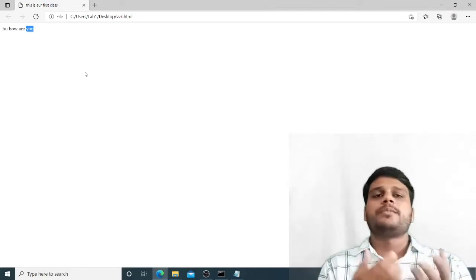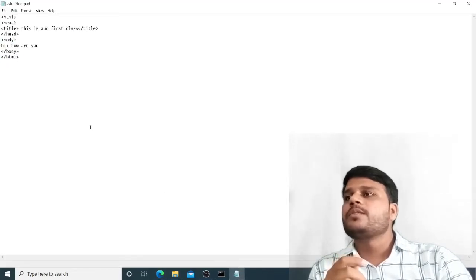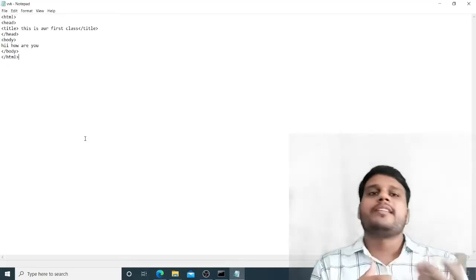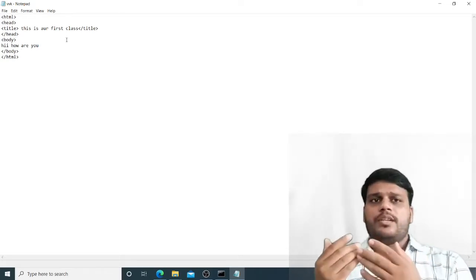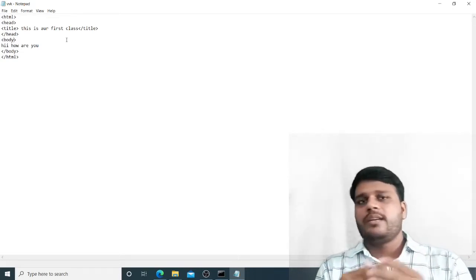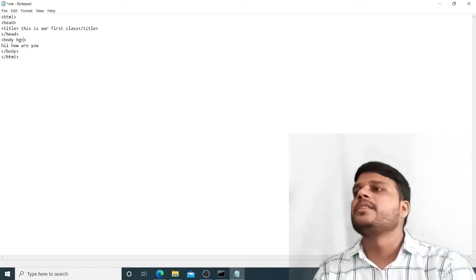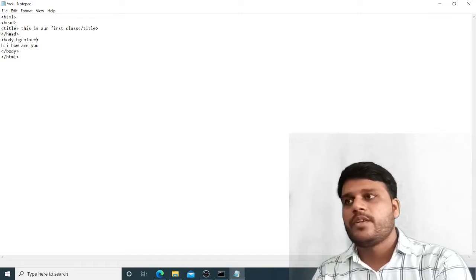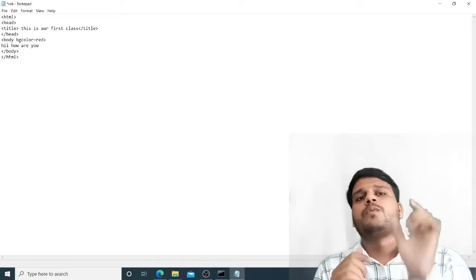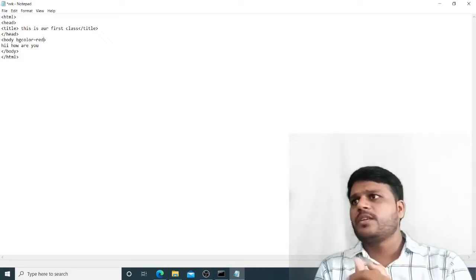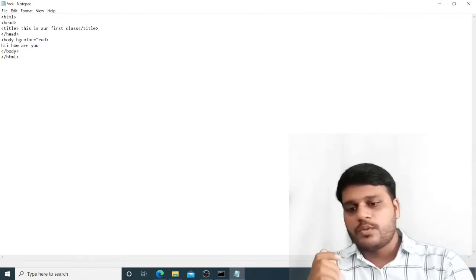If you want to change something in your HTML document, then you have to open it in any text editor like Notepad or anything else. After that suppose that I want to give a background color to the body. I want to define the background color as red. Okay, then we have the option bgcolor equal to red. If your attribute value is one word, then you can omit the inverted quotes, but the right practice is to put inverted quotes around it.